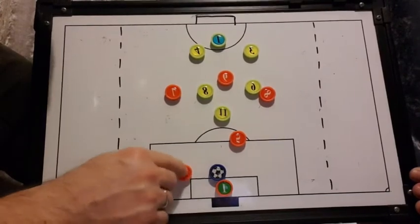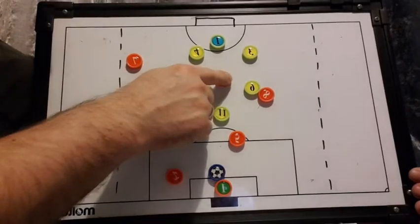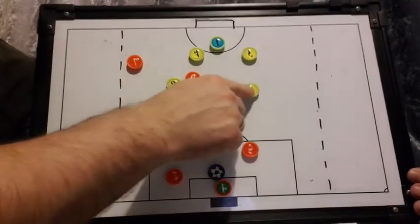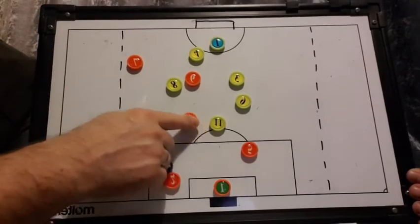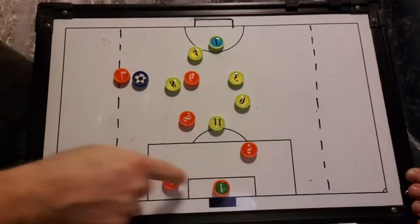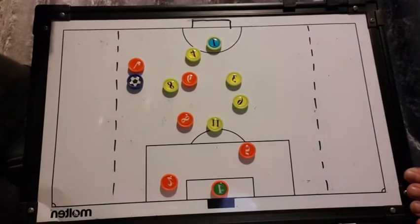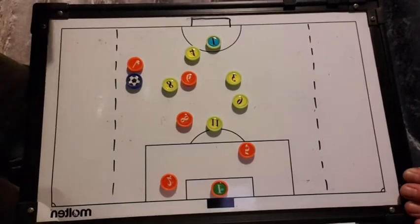And in this little practice here, 2 might drop in as a centre-back. 7 comes high, comes over, stays out. 8 comes in, working on this side of the pitch to see if we can get that picture out. We'll play in there. 8 comes in, straight out. We're trying to kind of replicate possibly their picture 2 out to the wide player. Can we recognise that inside the game to help players realise when these opportunities have presented themselves to play these different pictures,